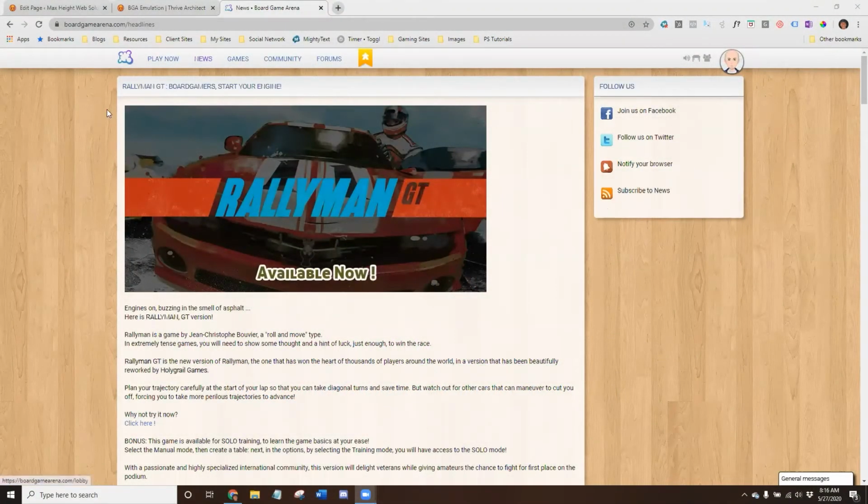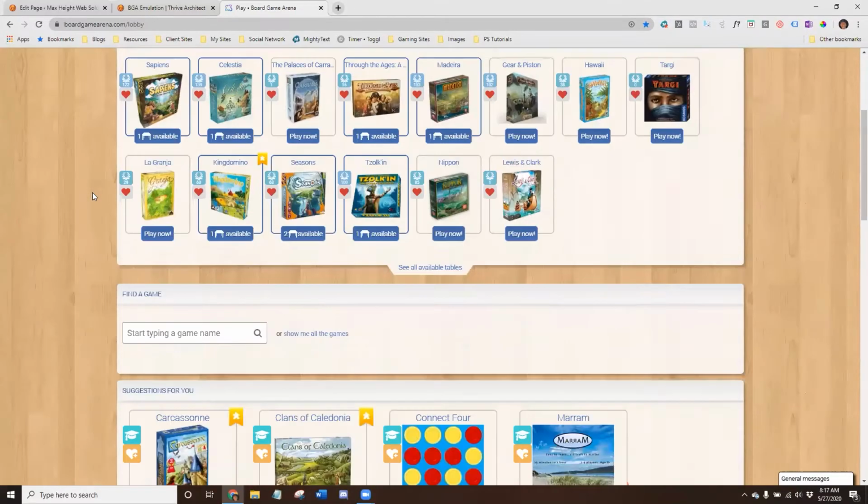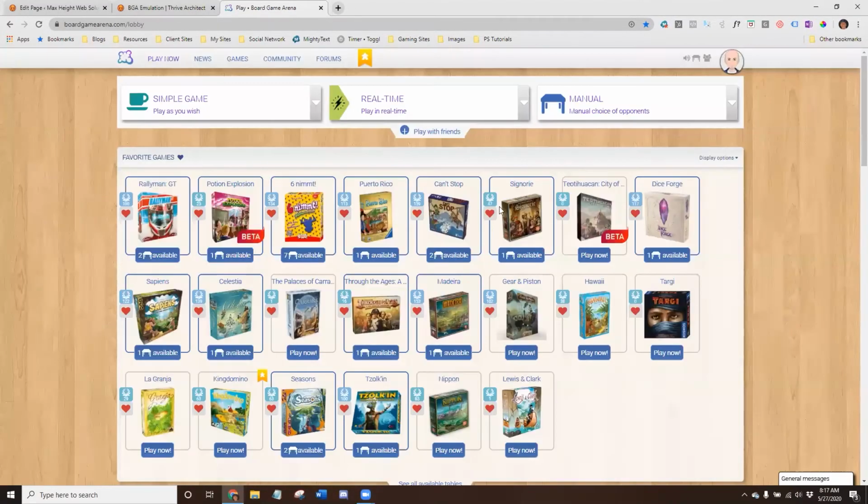So here we are in the website I'm going to emulate. And this is actually one of my favorite sites, one of my favorite hobbyist sites. I am a very avid board gamer. And because of the COVID-19 pandemic, I've been unable to get together with my buds and play board games. So we have all taken to online board gaming. Not quite the same as online video gaming. You're actually playing board games online. It's a great place to go and just kick back and relax and entertain yourself, have some fun with friends